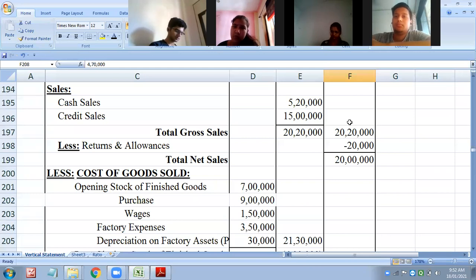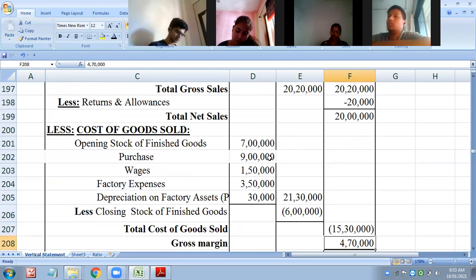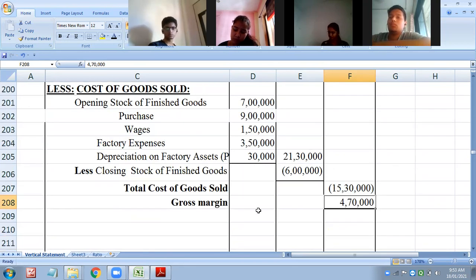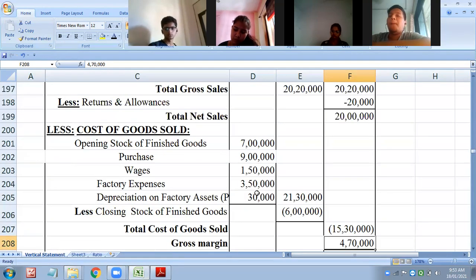So accordingly, because it is management accounting, your presentation also plays a very vital role. The things should be presented in such an effective manner that top level managers get their answer very clearly, and accordingly they can take their decisions. Same thing for the cost of sales also, you will find the final answer in the outermost column, and then we'll get the gross margin. If you have completed till here, just let me know, then we'll proceed next.